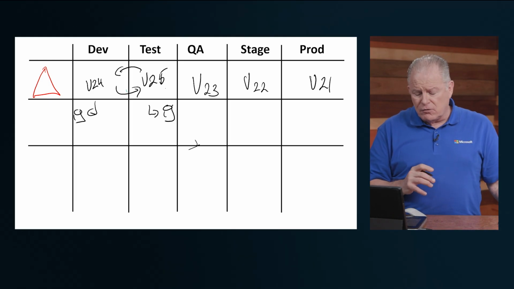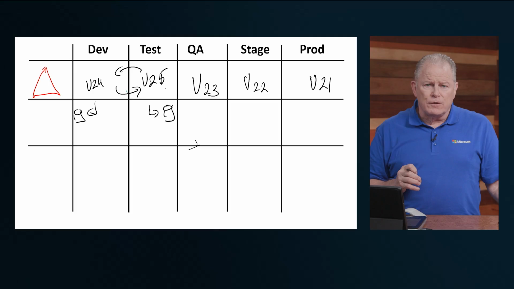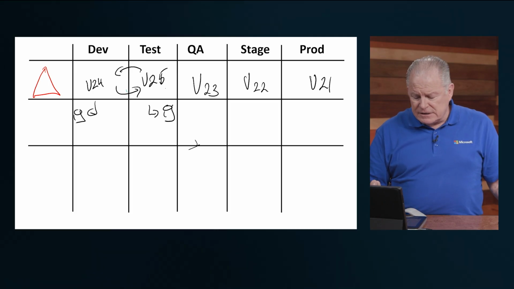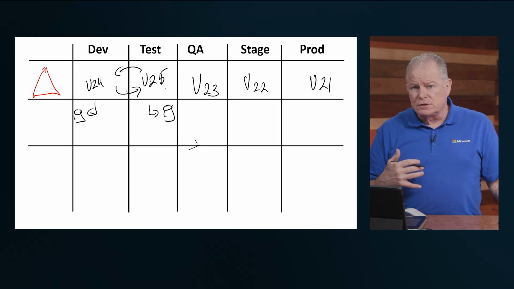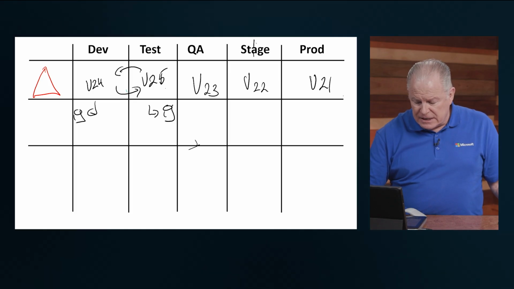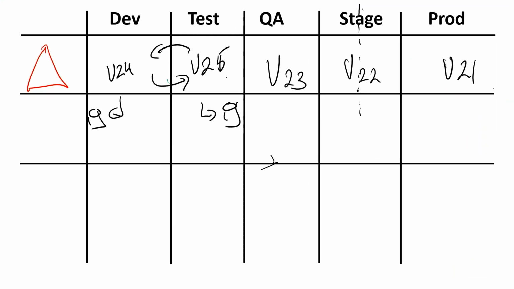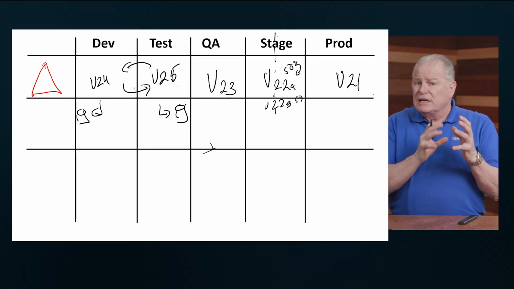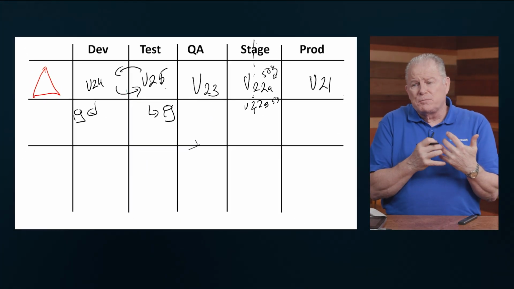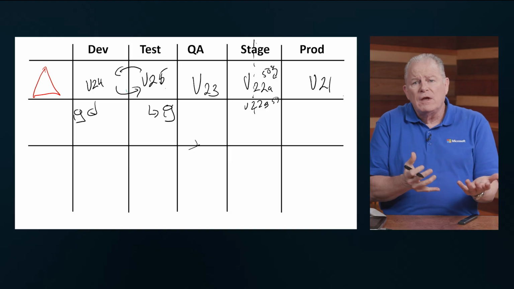The other thing that you'll see in the graphical interface, and this is often referred to as A/B testing. Let's say I wanted to test two versions of something. So maybe in staging, I want to actually test two versions, say 22A and 22B, that I could deploy to two different slots, and I could say 50% of my traffic is going to go to A and 50% of my traffic is going to go to B. So I can actually get feedback from users